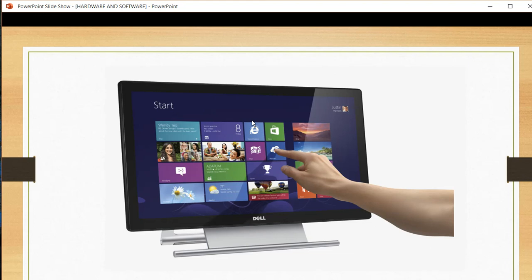Without mouse, you can open any application or any software, or you can move any object anywhere, because the computer screen which you are using here is sensitive to touch. And in daily life you have seen different touch screen devices like tablets, ATMs, mobile phones.